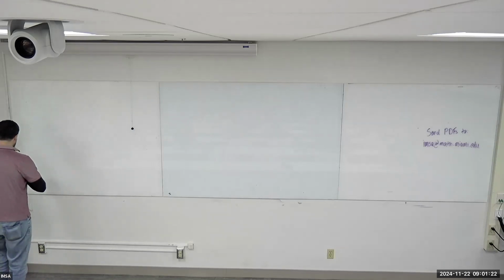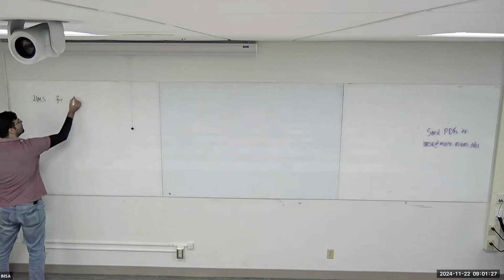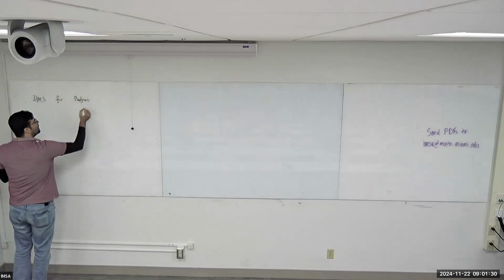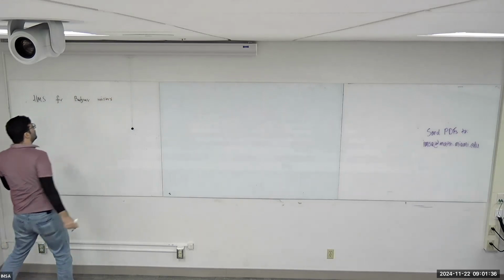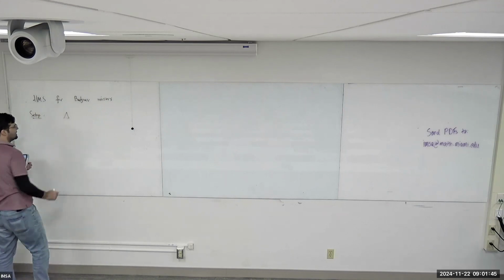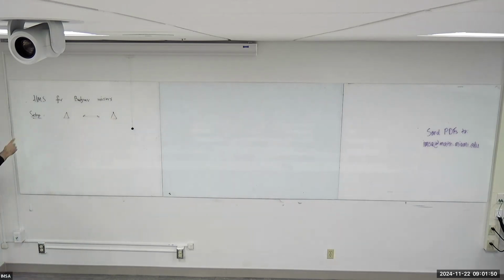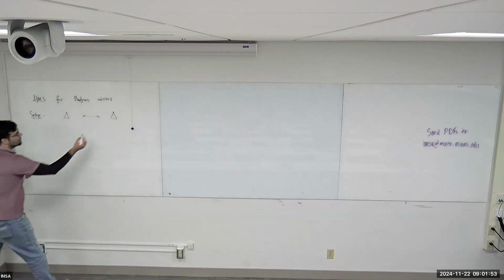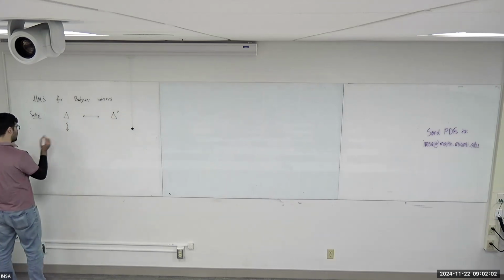Okay, so I want to say a little bit more about this kind of HMS for Batyrev mirror symmetry. I don't want to recall the full setup, but you have a reflexive polytope. Its dual polar polytope is also reflexive. So like this, and from this side we will resolve